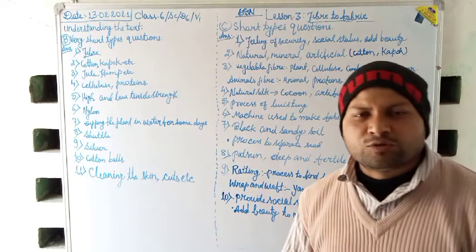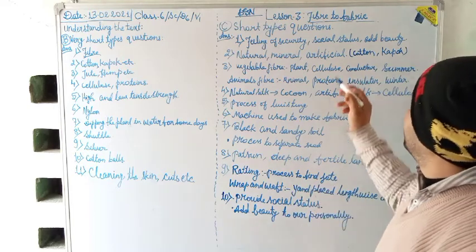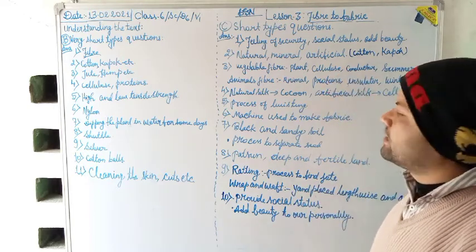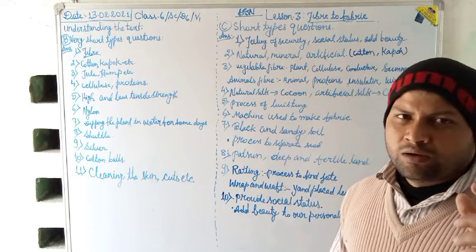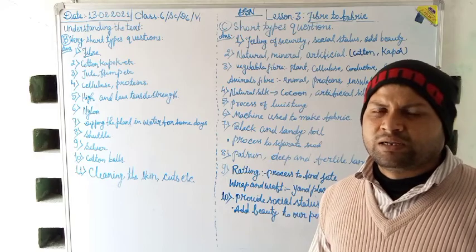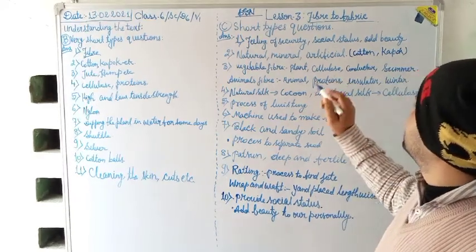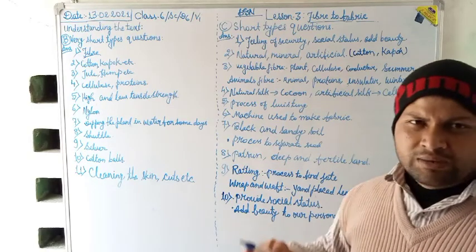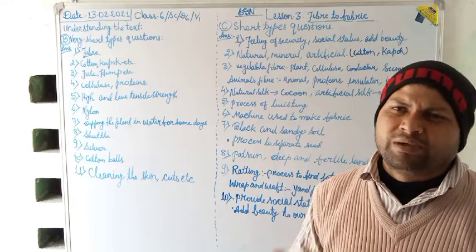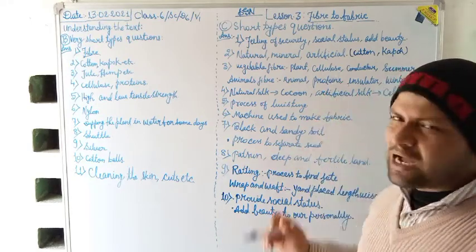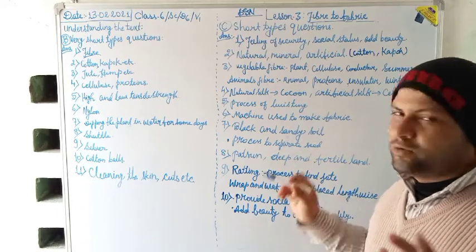There are three types of fibers. First is natural, second is mineral, and the third is artificial fibers. And the natural fibers are of three types: vegetable fibers, plant fibers, and animal fibers. Vegetable fibers are also categorized in many types. So here it is asked in this section that you have to write